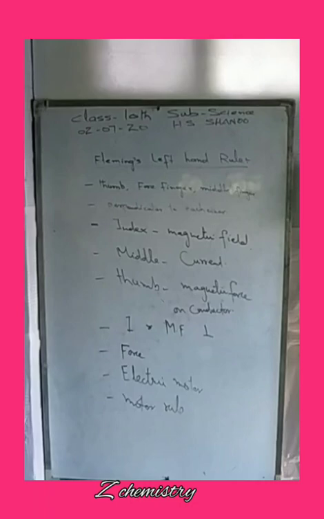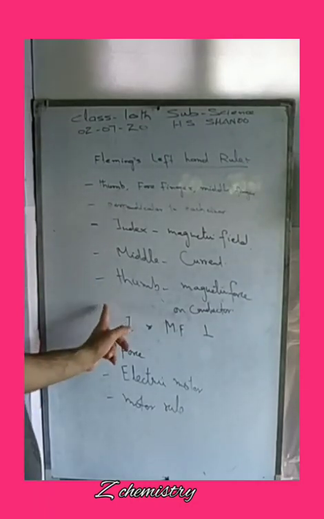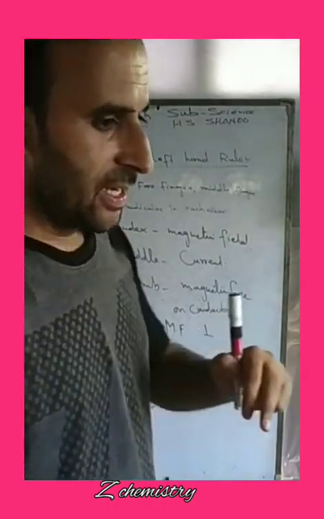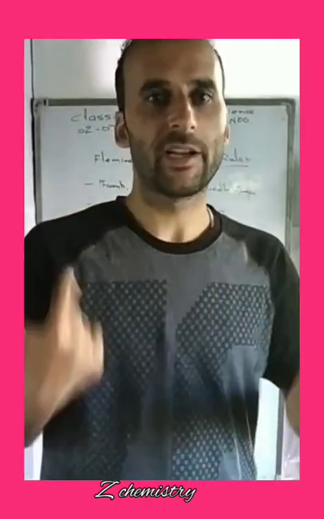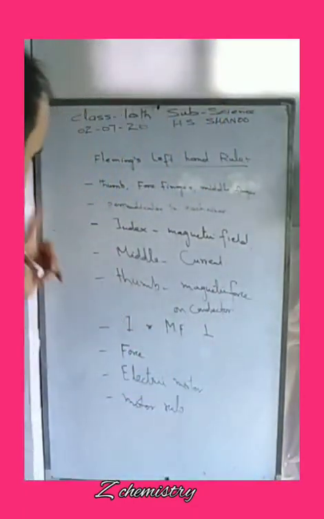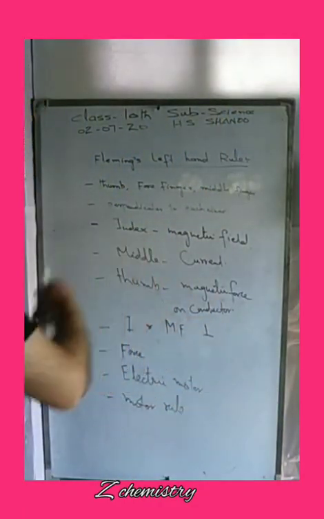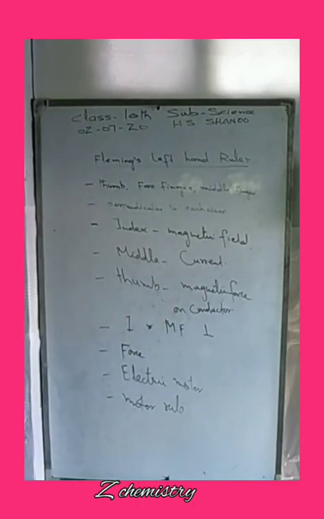In this particular case, what we are observing is that the current and the magnetic field are perpendicular to each other, and the magnetic force generated by the movement of electric current in the magnetic field is perpendicular to both of these, that is, to the direction of current and the direction of magnetic field. As this particular rule